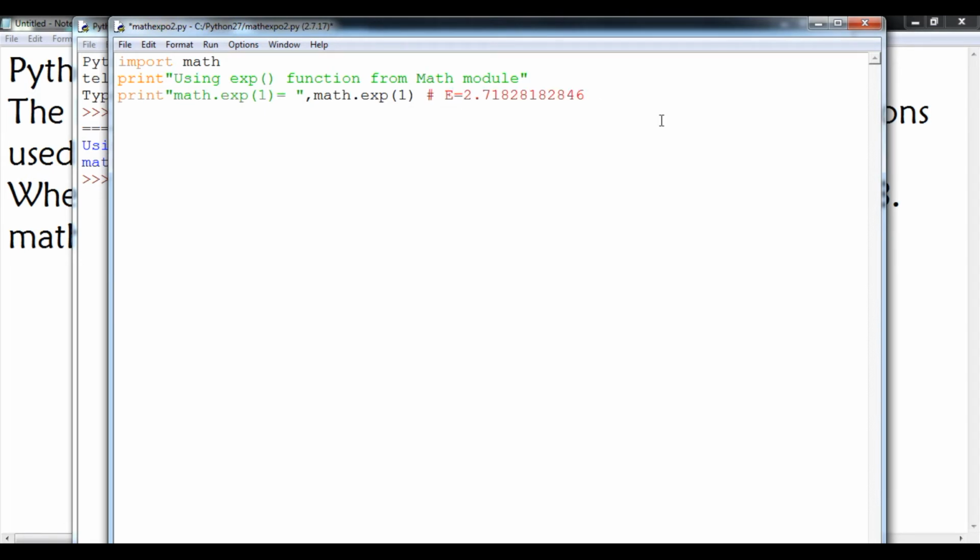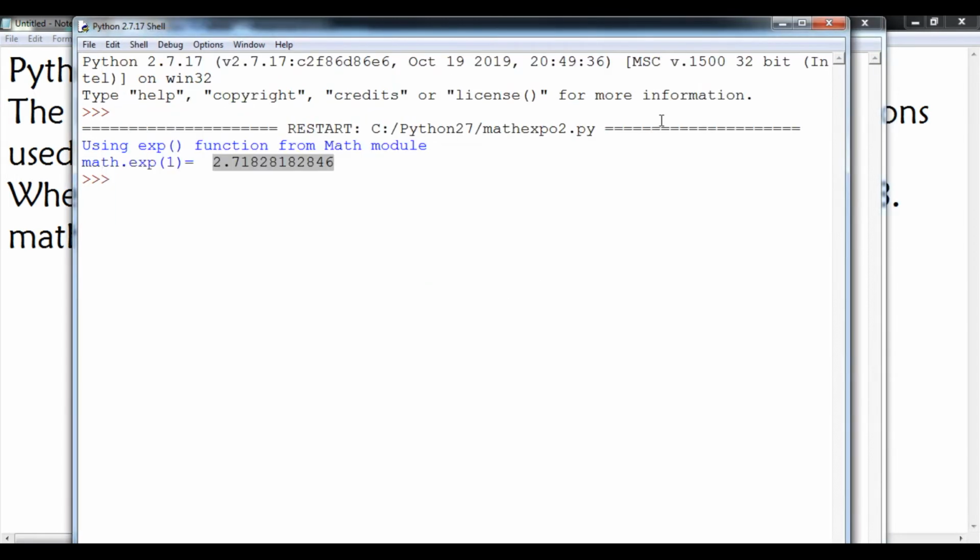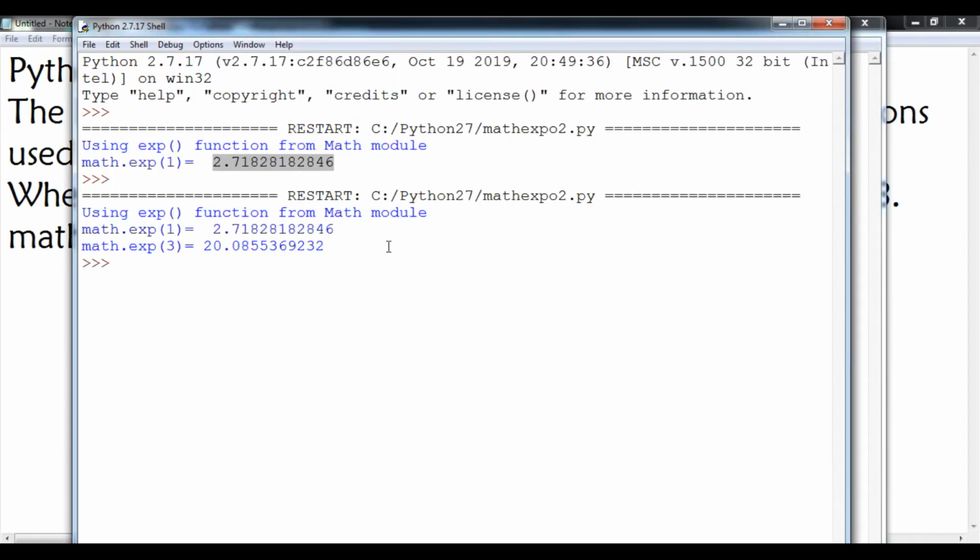Okay, for example, if I print math.exp 3, let's see what will come. Here it will come a different value, that is 20. This is the exponential of that.